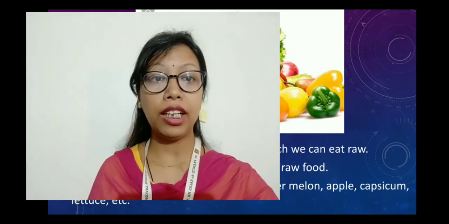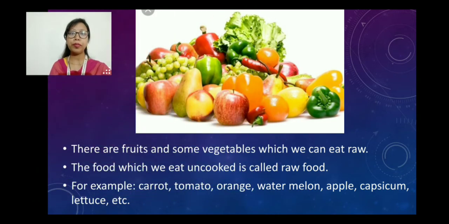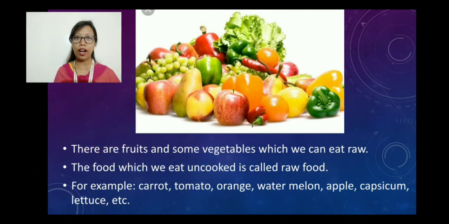So now we will be discussing cooked and uncooked food, which is raw and cooked food. Okay, first we are going to discuss what raw foods are. Now as you can see on the screen, there are some vegetables and fruits. You can see apple, chilies, pear, oranges, capsicum, then tomatoes, lettuce. Lettuce is used in sandwiches. So these are some of the things which are eaten raw.